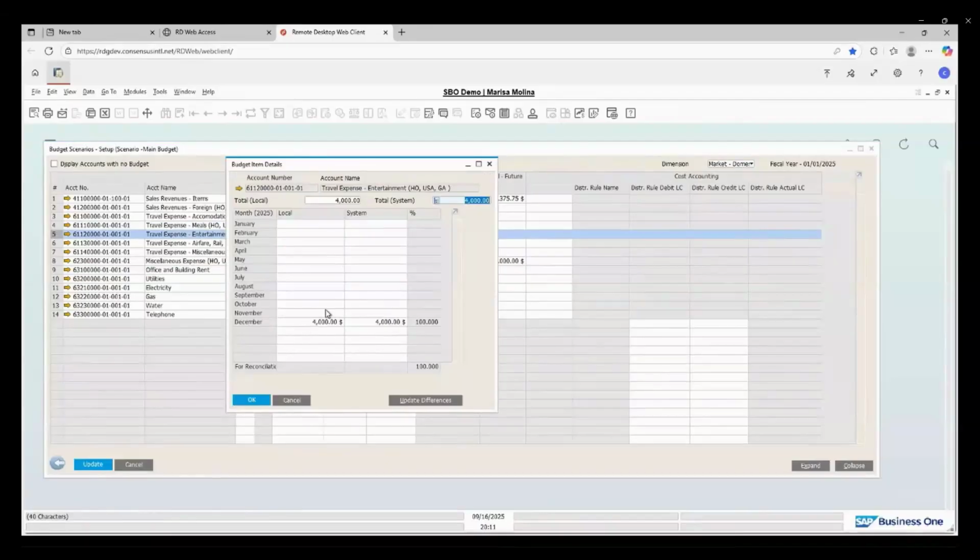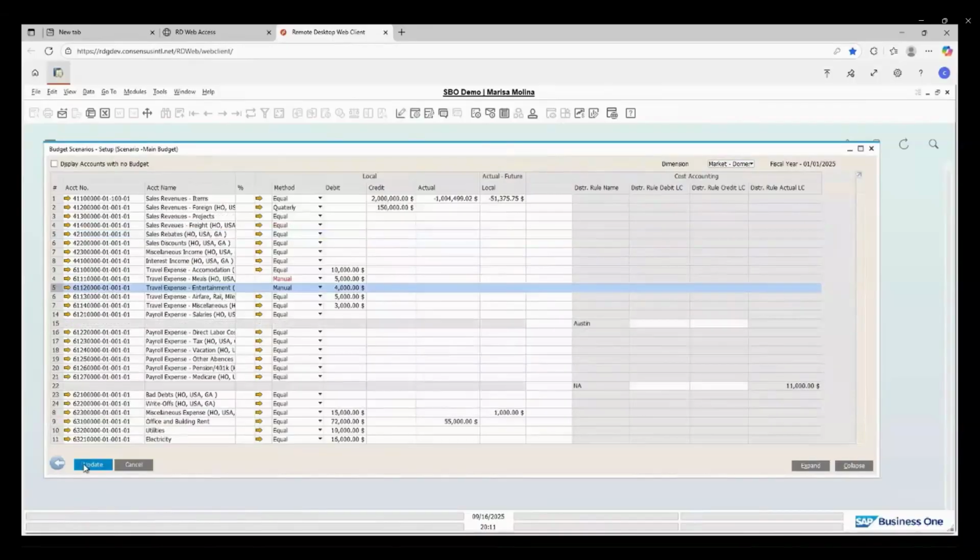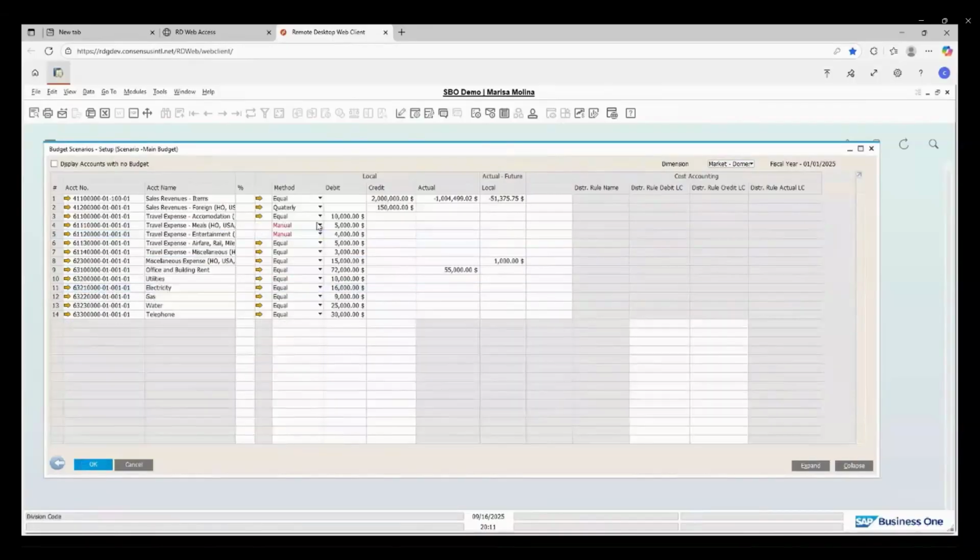So now I can say, no, I'm going to use maybe 1,200 in here. And then I can say update differences. So this is what the system will do, and then update. And I update here as well. So done. So now you have those like manual one.